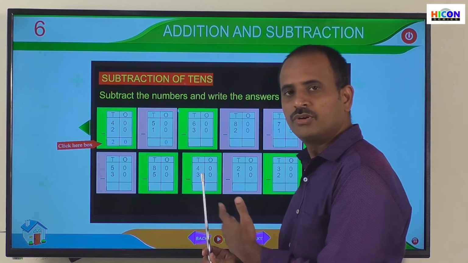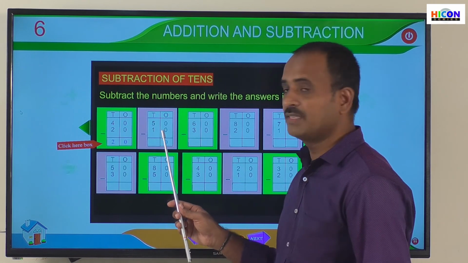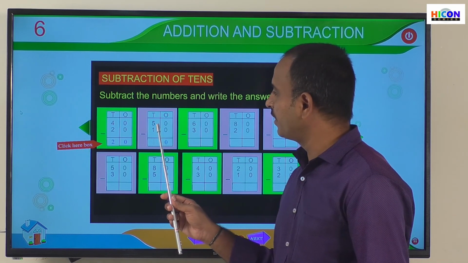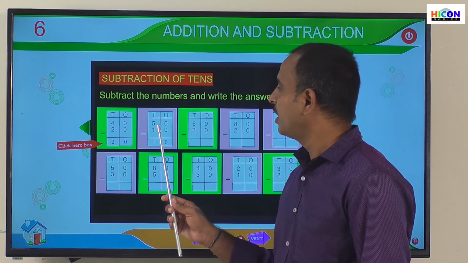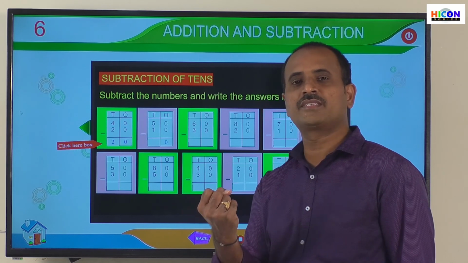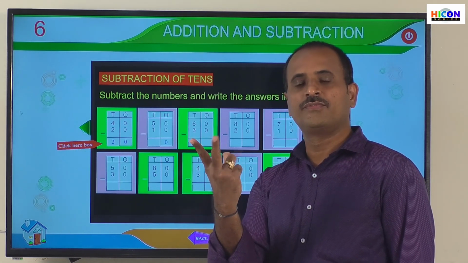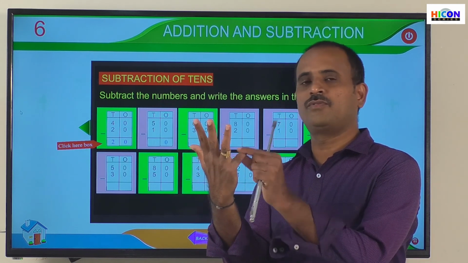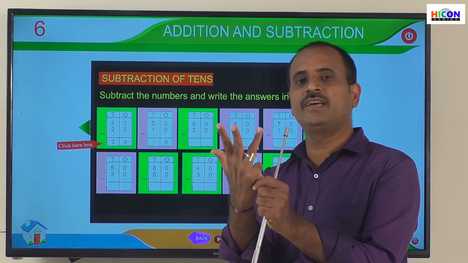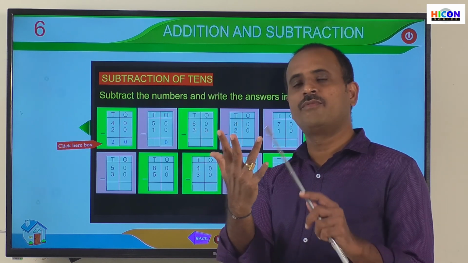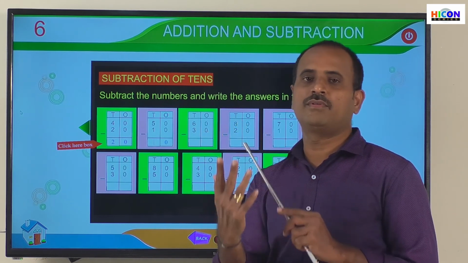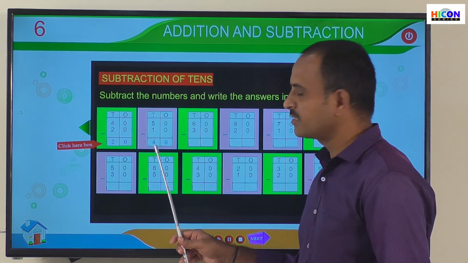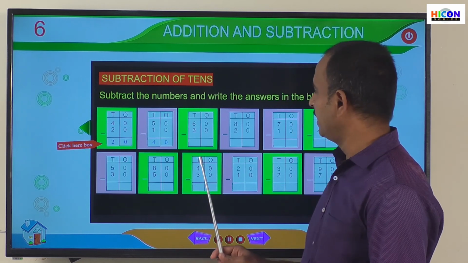So children, next go to tens place and subtract the digits present in the tens place. That is 5 minus 1. So open 5 fingers and close 1 finger among 5 fingers. Open 5 fingers, 1, 2, 3, 4, 5. And close 1 finger among these 5 fingers. So 1. Children, I have closed 1 finger. And how many fingers are there remaining? 1, 2, 3, 4. So write 4 under tens place. So children, the answer is 40. See the next problem.